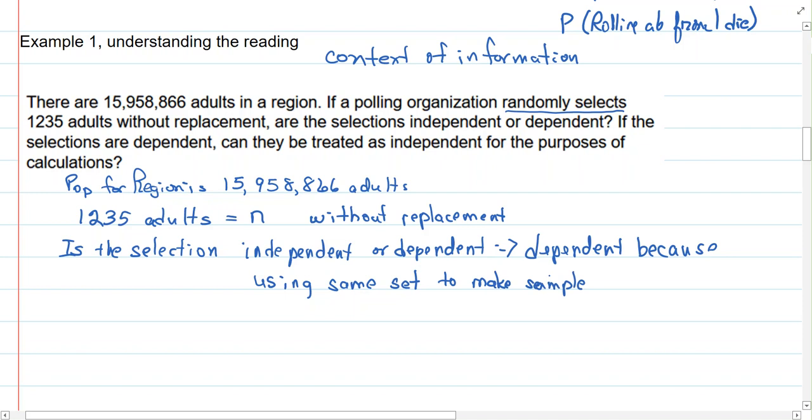All right. Now it also continues on. If the selections are dependent, can they be treated as independent for the purpose of this item? Well, the pool is affected by each of them. So can it be treated as independent? Well, there